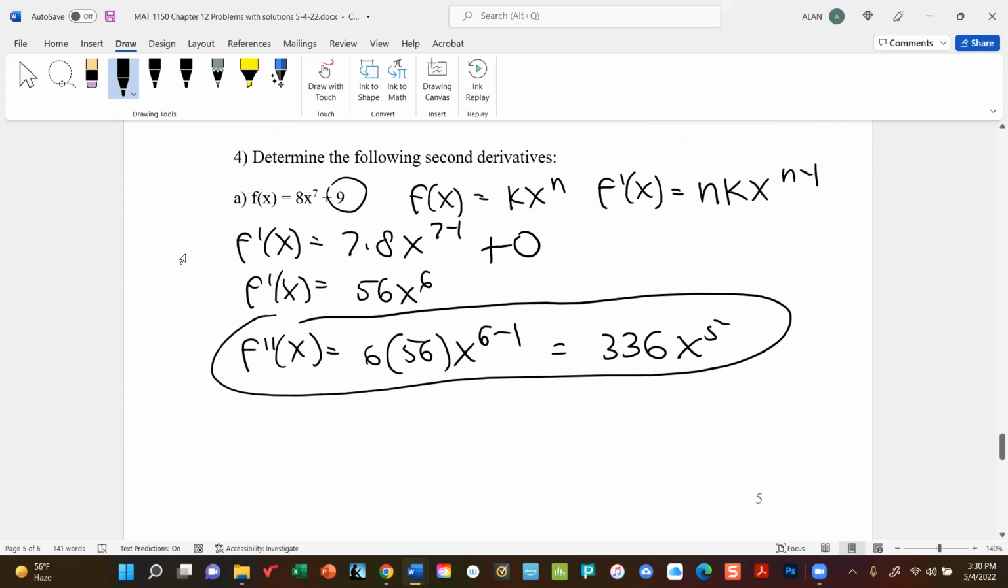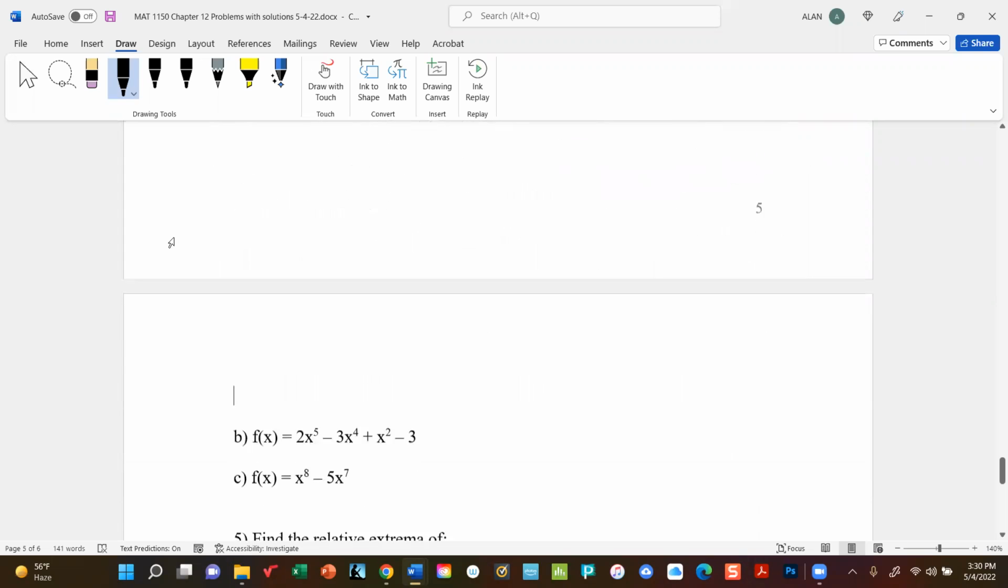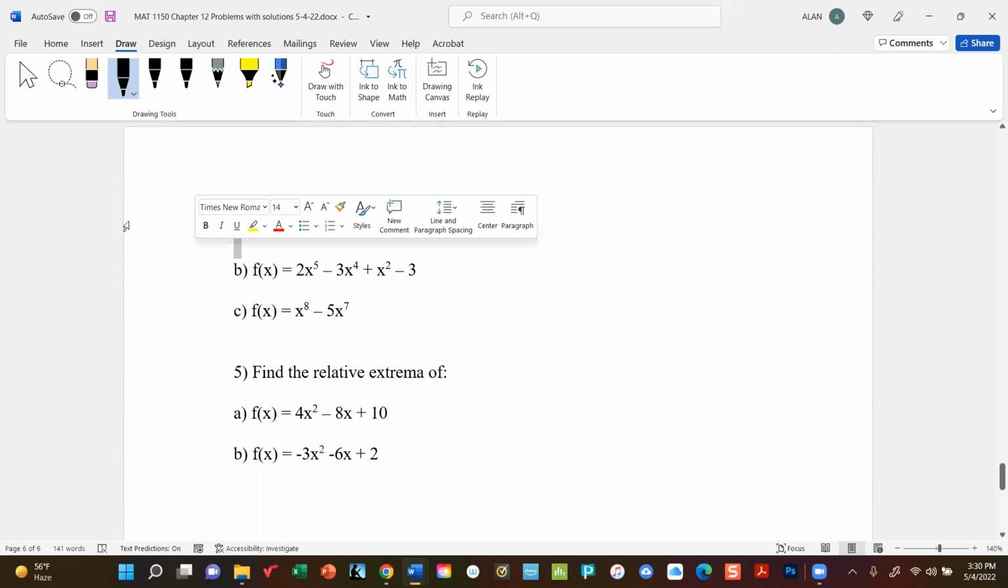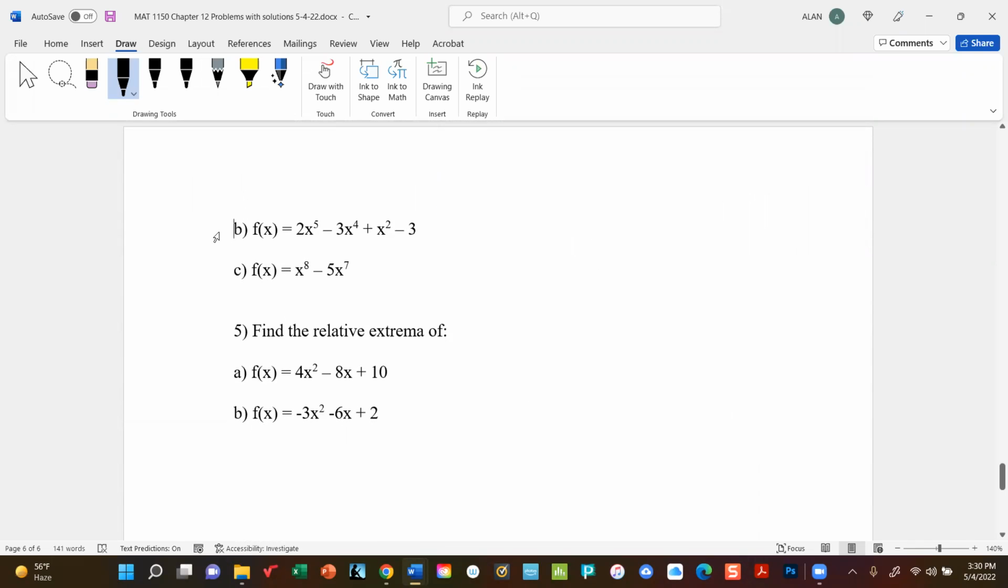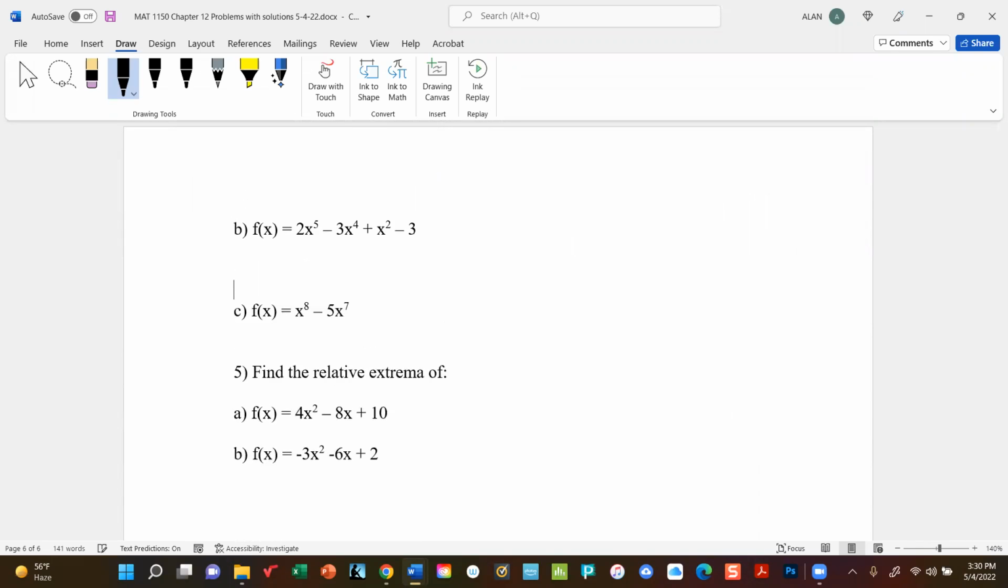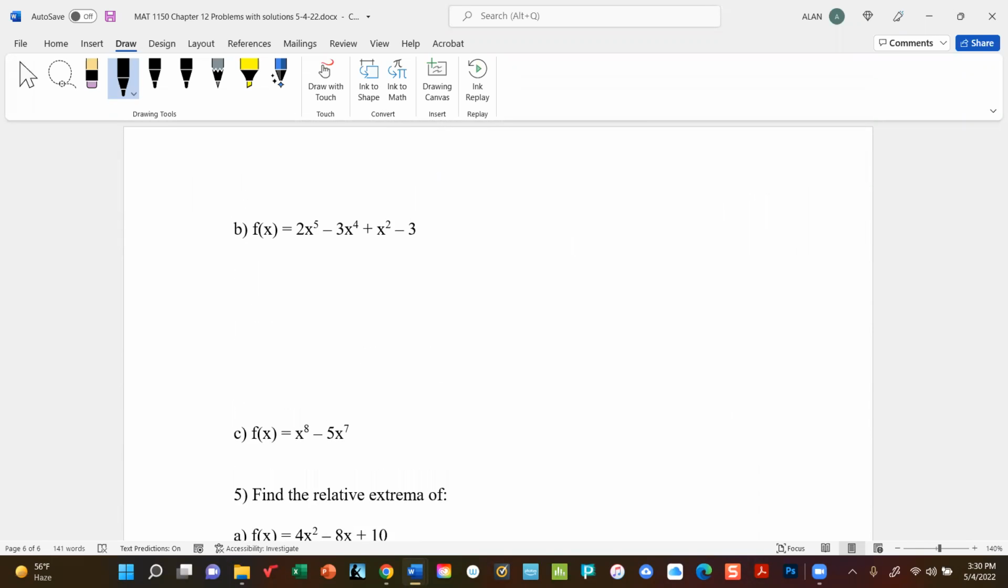And of course, we could do the same thing if we wanted to. We could have a third derivative, a fourth, a fifth. You can have as many as you want, but eventually all of them become 0. All right, let's try this one. All right, so f prime of x. Now, the first one will be 5 times 2x to the 5 minus 1